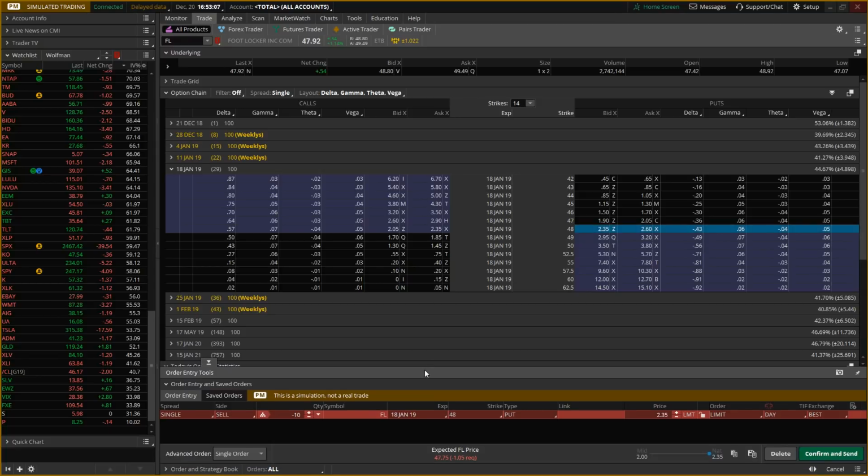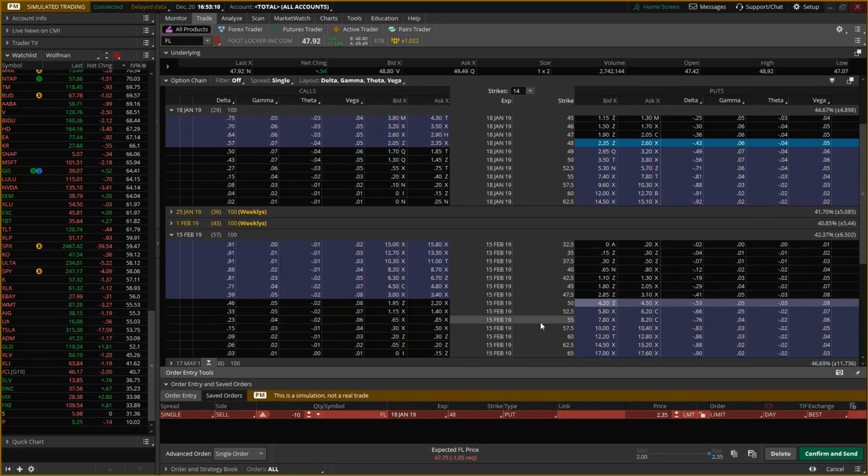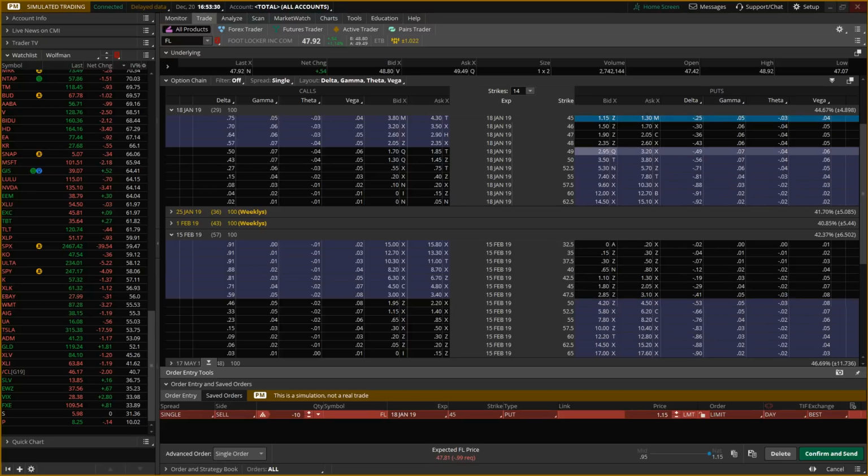So we sell the 48 strike, go out to the February, try and buy the same 48 strike. We don't have it. That becomes a problem. We would have to go out to the 46 strike, which I'm not very happy about. Or I don't even have that, or the 45 strike. So I'm just not even going to do this one. The strikes aren't going to work out for me. I'd have to go into the money for it. I'll probably just walk away from this one because I can't get to the strike locations I want. I'd probably play a different strategy around this one.